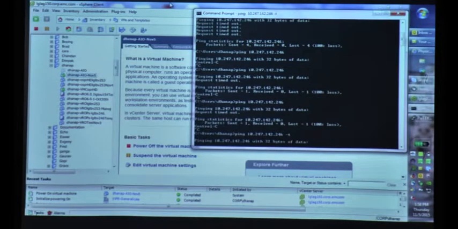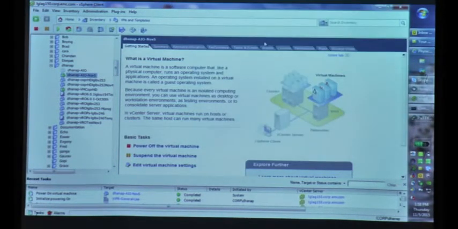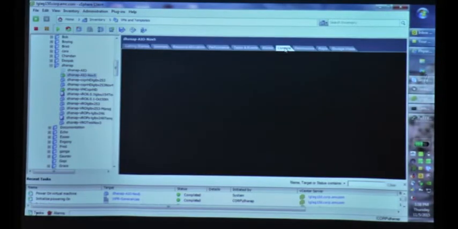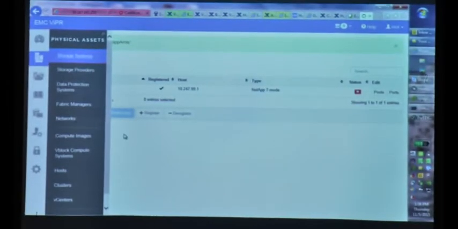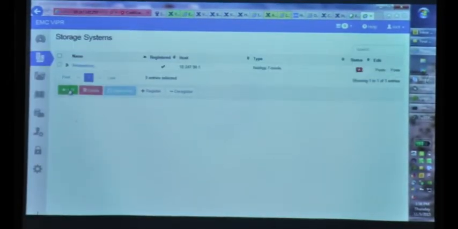Check the console of that. Yeah, it's pinging. So once that is available, you can rediscover. Okay, this is not on this network, so